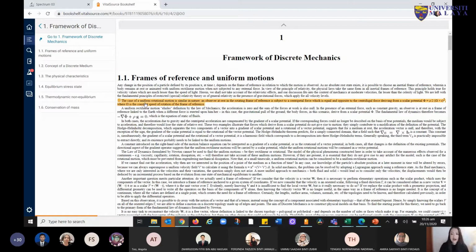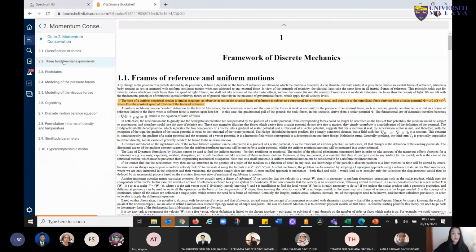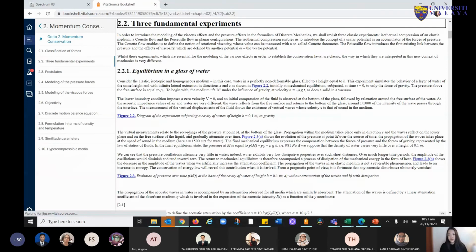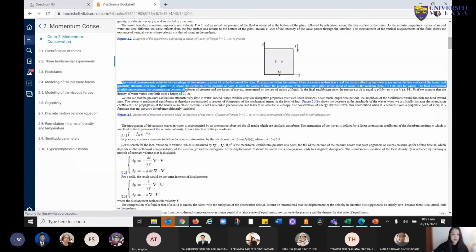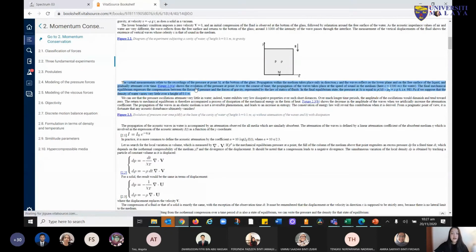So you can do as many highlights and as many notes as you want. Maybe I want to go to chapter 2. Let's say I'll make another highlight as I read through the content, and I go to chapter 2.2 under three fundamental experiments. Let's say I read through chapter 2.2 after chapter 1, and I find important information there, and I want to highlight it and add my notes here as well. Let's say this is an important note for me. I'll just highlight it with blue, right? And then